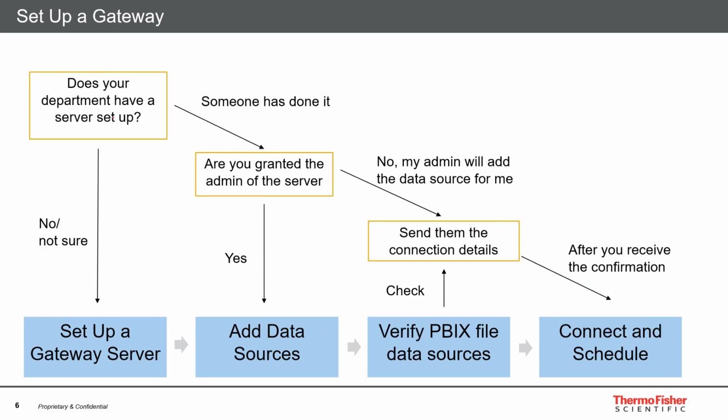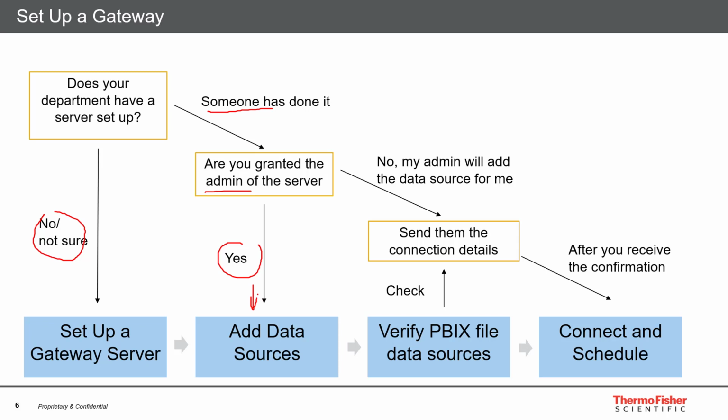So the first thing you can ask yourself is, does your department already have a server set up that you can use immediately? If your answer is no, or I'm not sure, you will have to start from the very beginning. And if you know, okay, someone in my department has already done it, and we have a server that we can use immediately, so next you can ask, hey, can you get the admin access of that server, or can you get the admin of that gateway? If the answer is yes, you will